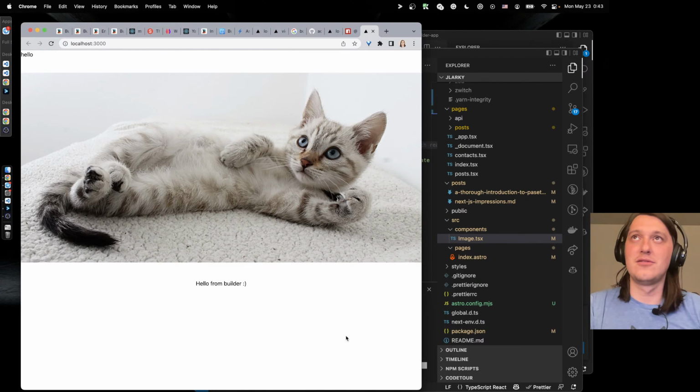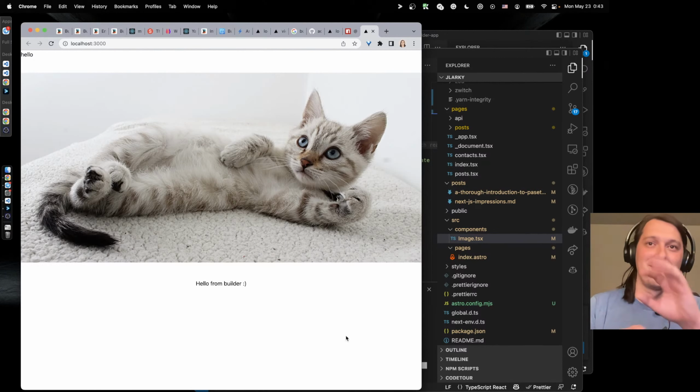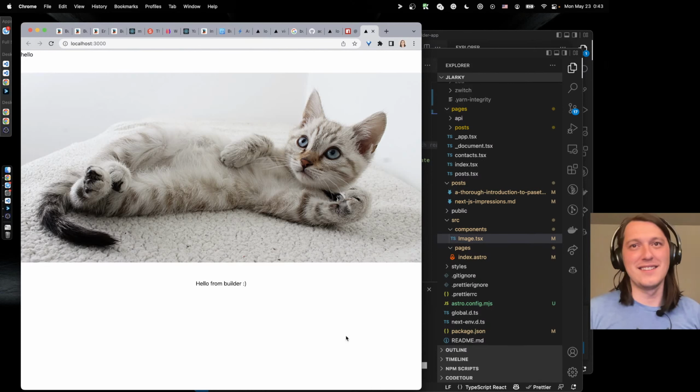It's not too much islands and all of that kind of stuff. It's much more HTML templating than a crazy framework. So I think that's kind of it.